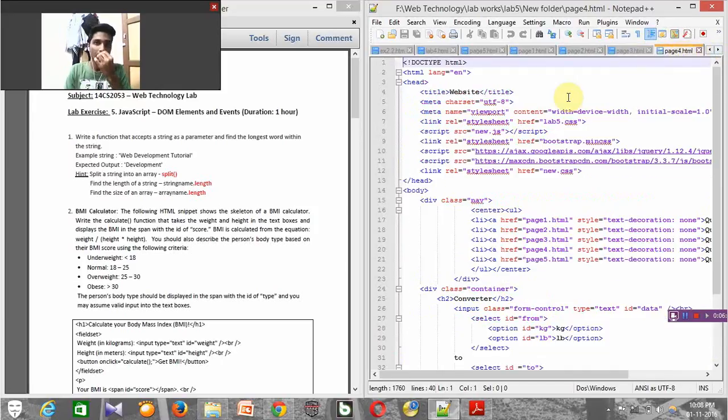The next page is, again, in this we have created a link for the lab5 cascading style sheet, and again I use a script file for creating the JavaScript. In the next step I have created a link for the bootstrap.min.css, and again here I use the link for the respective lab5 CSS. And in the next step, same as for the first, second and third, here also I have created a navigation bar, and in the class container I use the h2 tag for the converter,